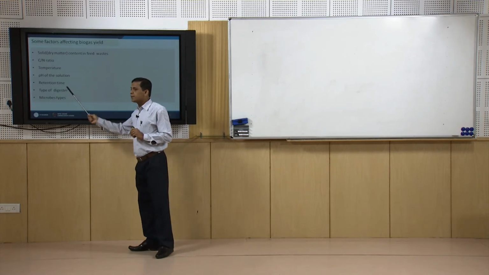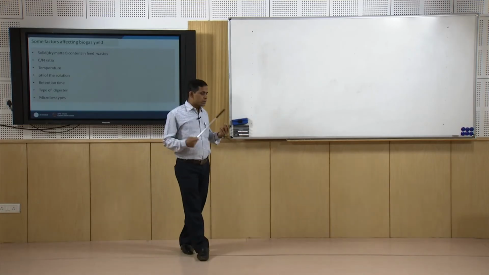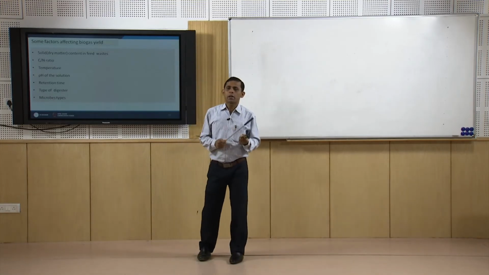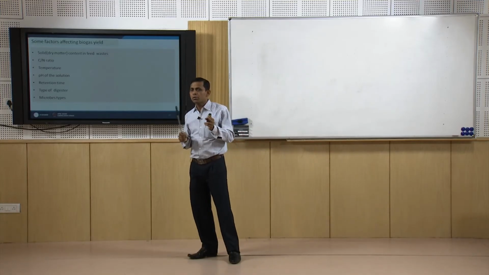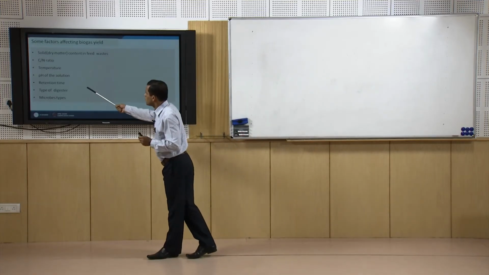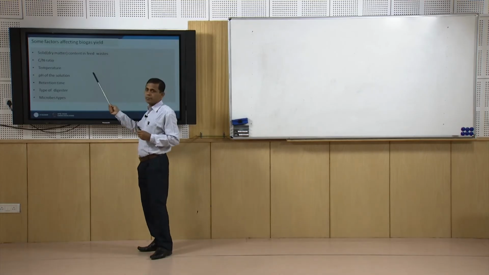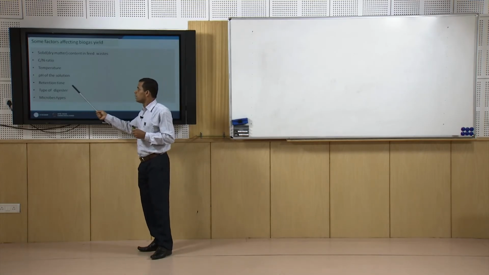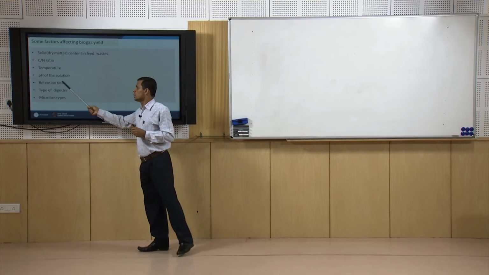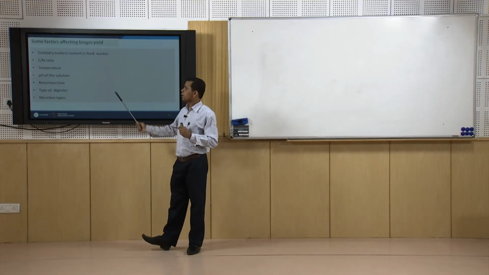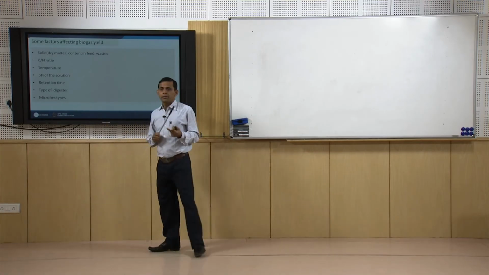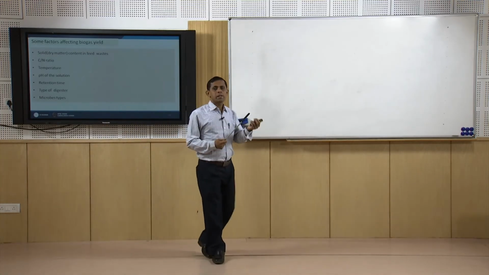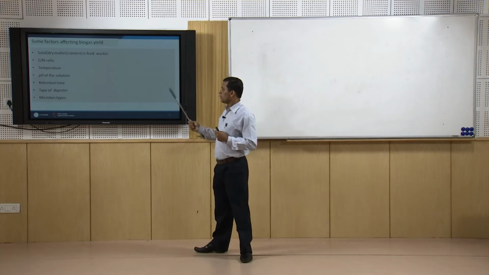And retention time, because this is a biological method. The microorganisms degrade or react on the substrate, so this is a very slow process. Retention time is very high in this system, and it plays a significant role. If we cannot choose the retention time in a proper way, we may not get efficient use of the system. And there are types of digesters, maybe one step or two step, which we will discuss later on.